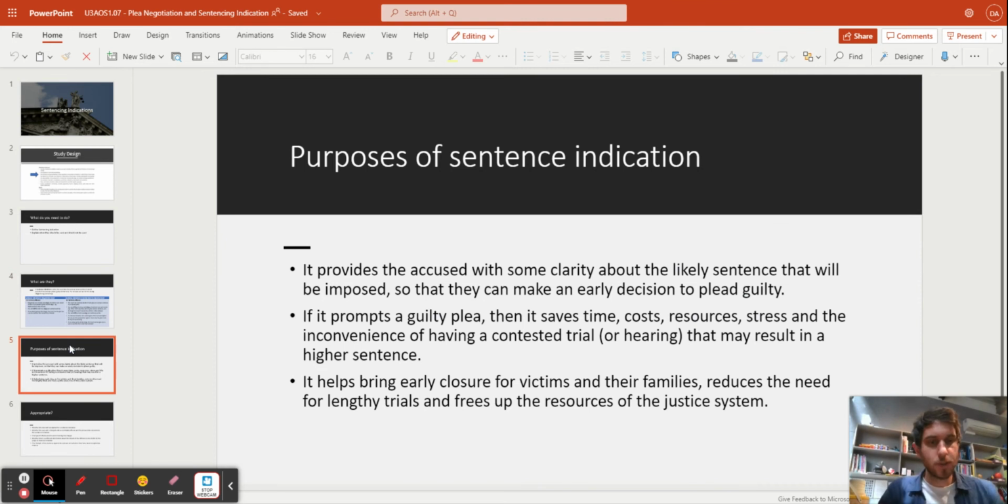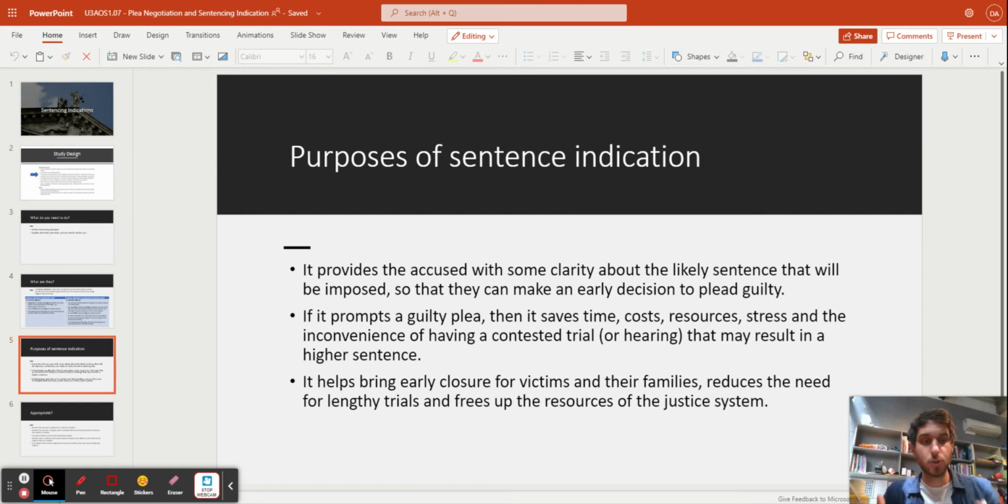So what's the purpose of this process? Why do we have a system where you can ask beforehand what sort of a sentence you're likely to get? Well, the whole point of it is to give the accused person some clarity. Let them know with some confidence what will happen to them if they plead guilty. Because if we do that, then they're more likely to plead guilty, and that's going to save the court time